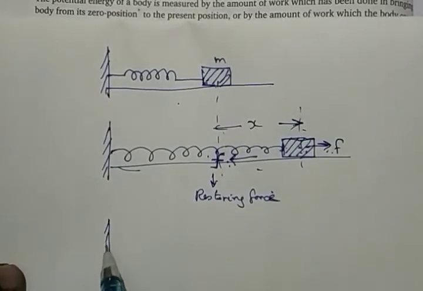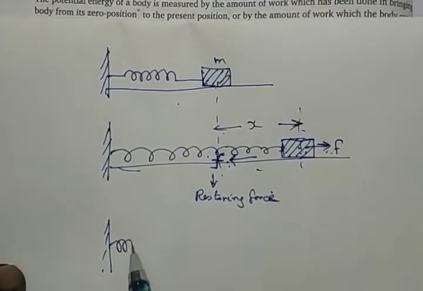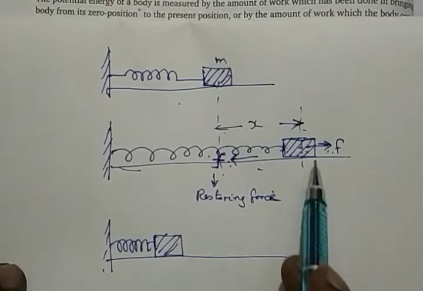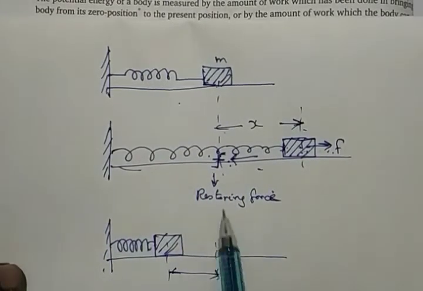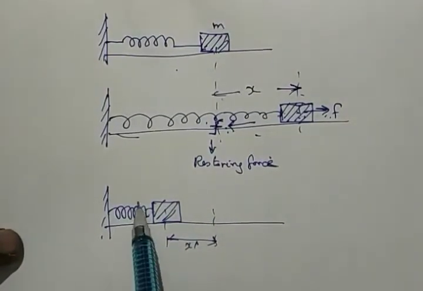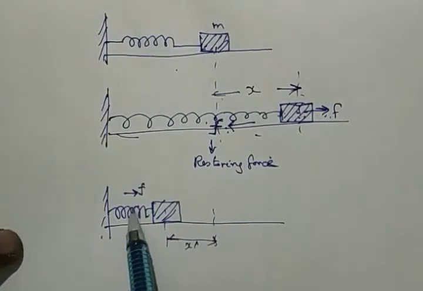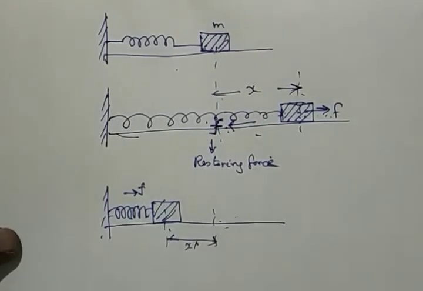Now you can ask, sir, if you just leave it, what will happen? It will not stop here, it's going to go to this side. Okay, fine. It just compresses the spring and the body has gone here also. If the body has gone here and you just leave it, it goes inside. There is another x dash from the mean position, going inside. Even if it goes inside, the restoring force will try to pull it outside. Even though the body is going inside, the restoring force will try to push it away from the displacement. So what does that mean?